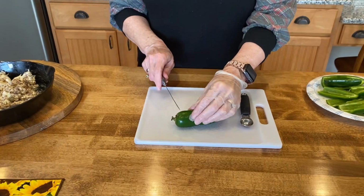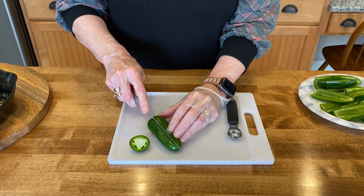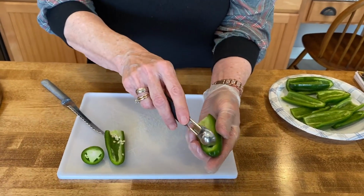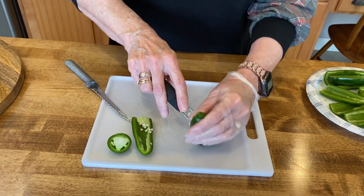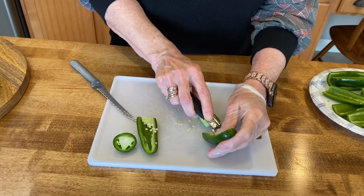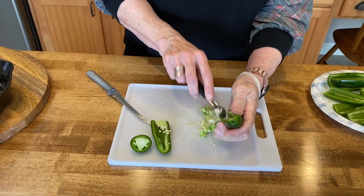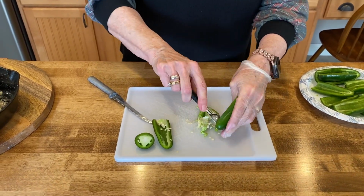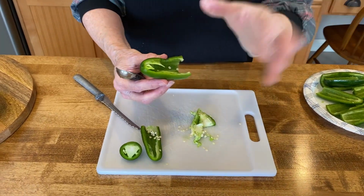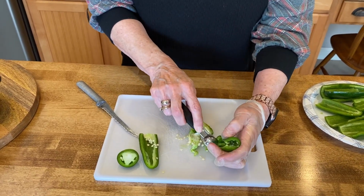So what you do is you just cut the stem off, cut them in half, and I just like to take a little sharp measuring spoon, and we scoop the seeds out. And we like to take the membranes out too because it's hot and we don't like them real hot. But if you like them kind of hot, you don't have to scrape those membranes out. And you notice I've got a rubber glove on here because I don't like for my hands to burn too. So once you scoop these out,